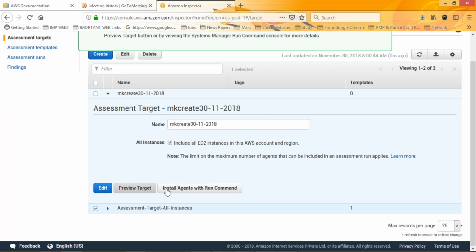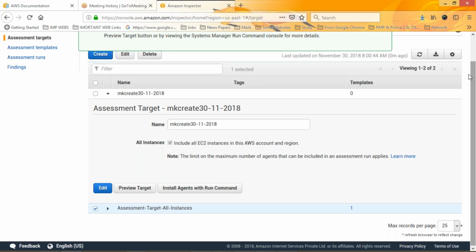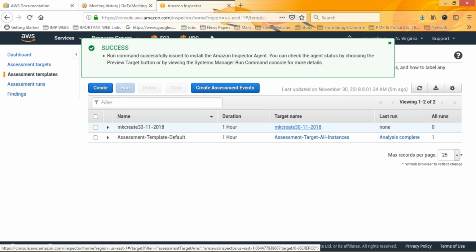What command, brief target, install agents. Then we have to move to the different one. This template is what we are talking about. Okay, and then we have created the target group areas, and the last run did not run, that's why the report is not generated,